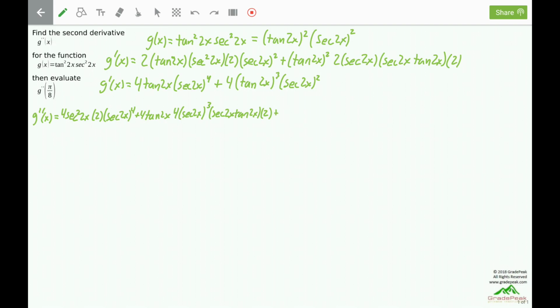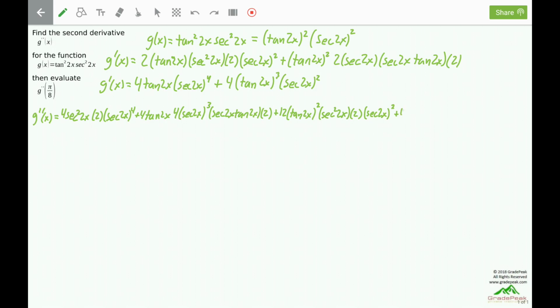the next term in g prime of x is also a product, and we will make use of the product rule. The derivative of the first, bring the 3 down, it will multiply with the 4 to give us a 12. Leave the inside alone, tangent of 2x to the subtract 1 from the power. Multiply by the derivative of the inside, the derivative of tangent is secant squared, leave its inside alone, and then multiply by the derivative of its inside to complete the double chain rule. That's all the derivative of the first, times the second left alone,